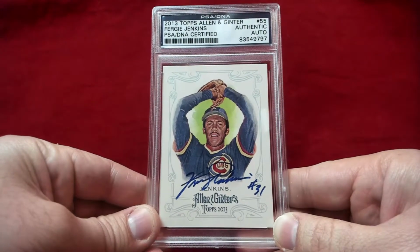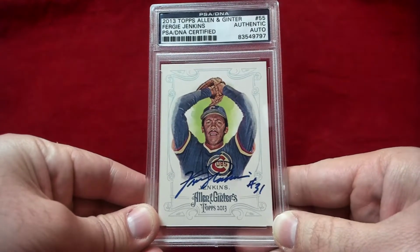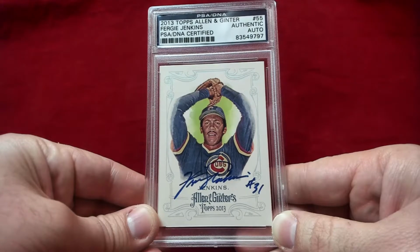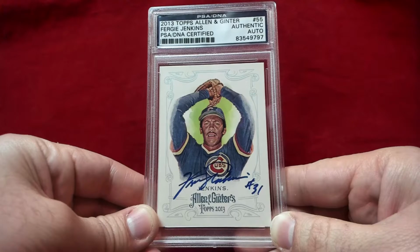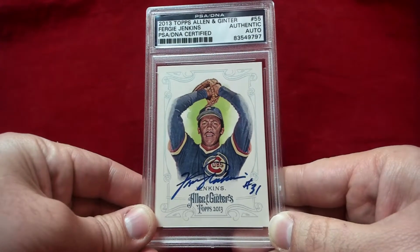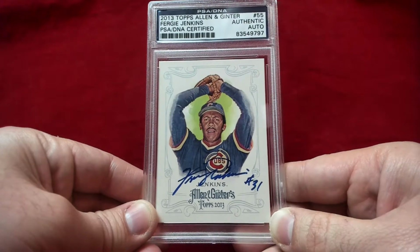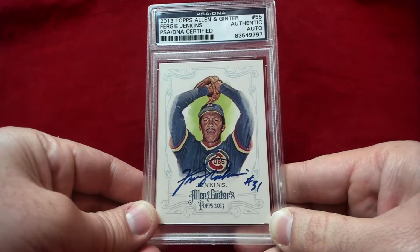Fergie Jenkins here. This is the 2013 Ginter, signed in blue with his number 31 there. So happy with this one. I actually only bid on this because of the next card I'm going to show off that I was buying for the collection that I need. Jenkins, I can't remember if I have this specific card. I didn't get anything of his slabbed yet. I have them in my to-be-slabbed pile. So I know I got Jenkins back, but he's gotten a few Ginters, so I don't remember if I have this one offhand. But this is a beautiful card, and I got this one for like $10, so you can't